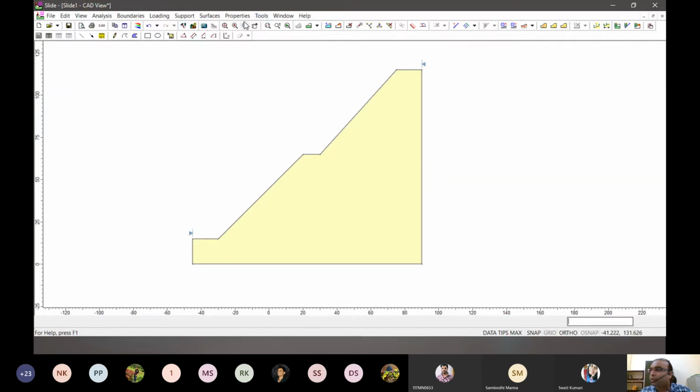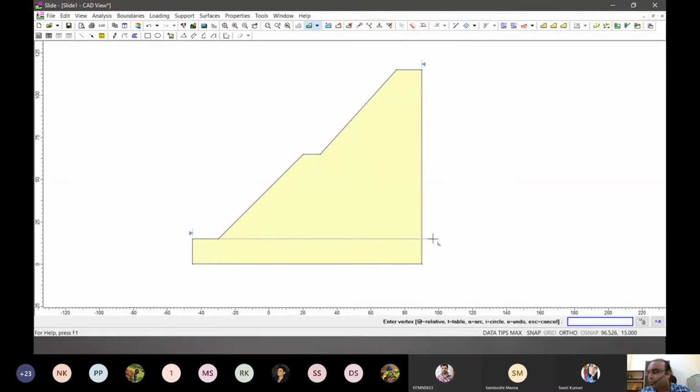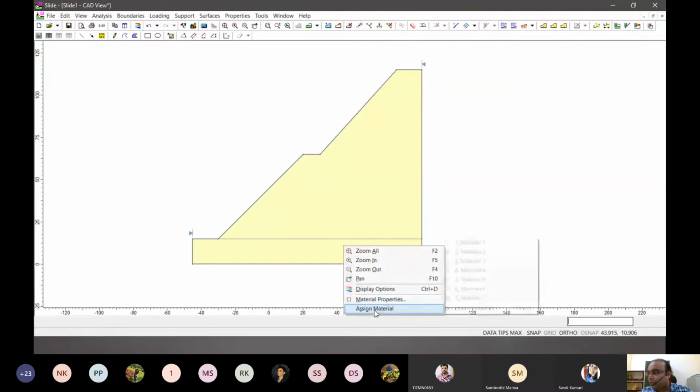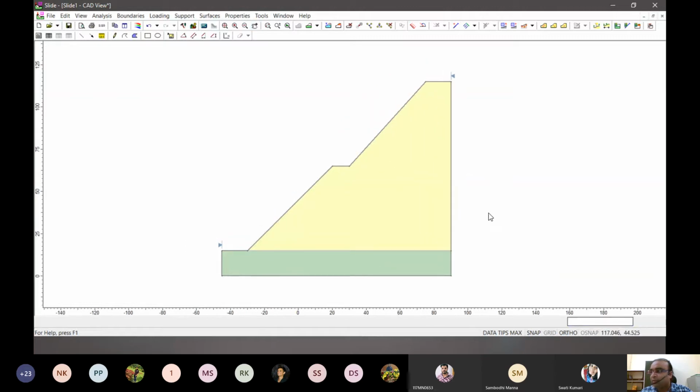We separate the base from the main dump by adding a material boundary. We add a straight material boundary and we assign the second material to it. We'll define these materials later on. So basic slope design is clear, right?